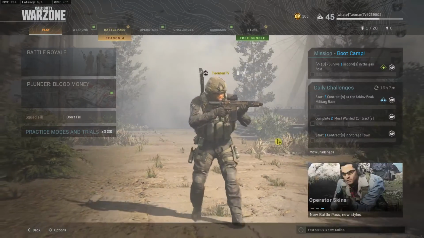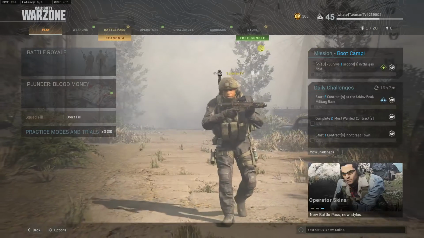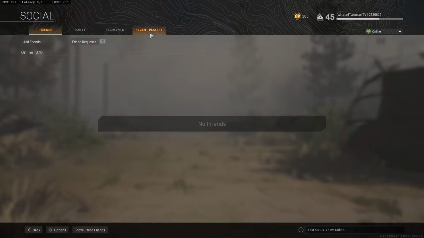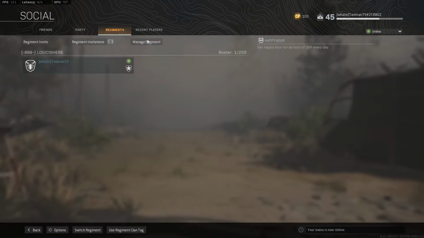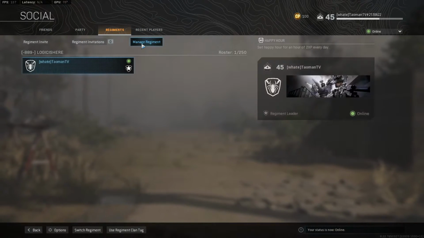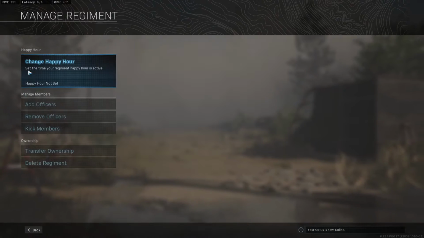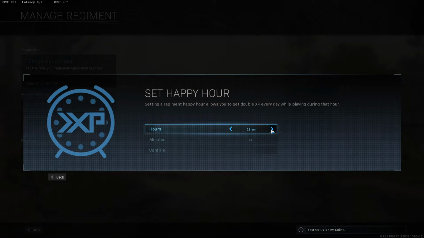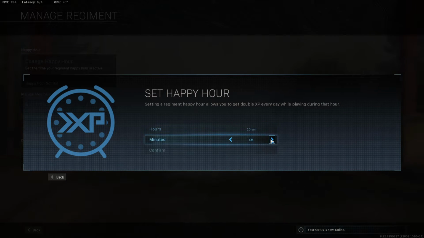So let's start. The first thing you want to do is when you're in Call of Duty, go to the top right corner and you're going to see regiments. And when you have the regiment here, click manage regiment and you're going to see change happy hour. When you click on it, you can easily change the hours and minutes to whatever you want, and